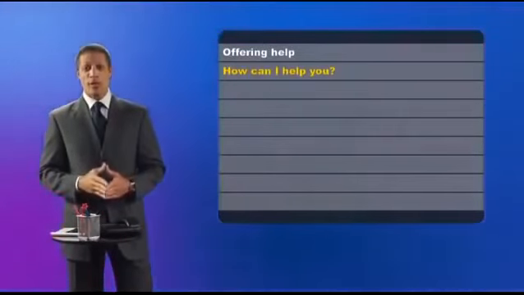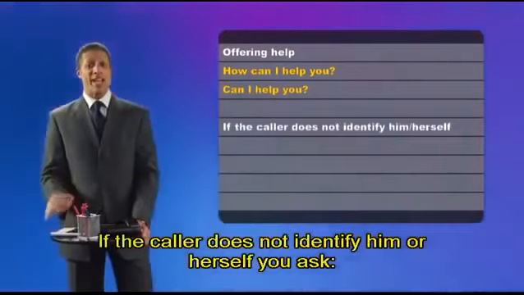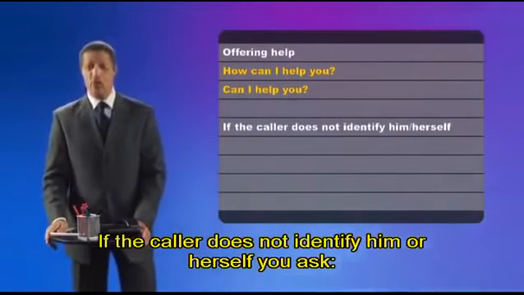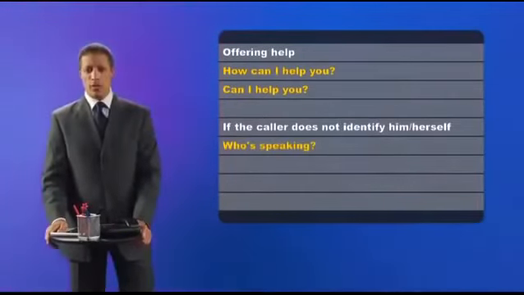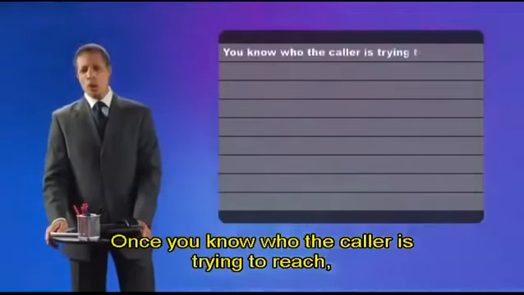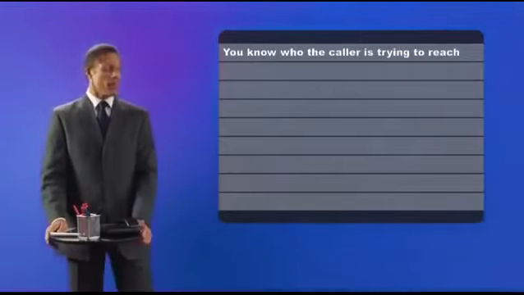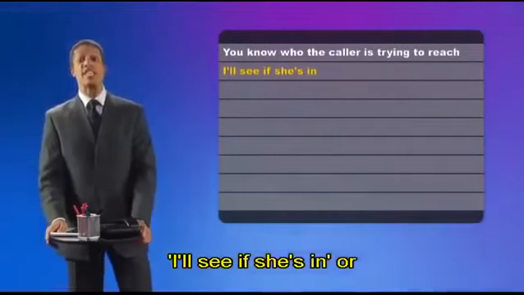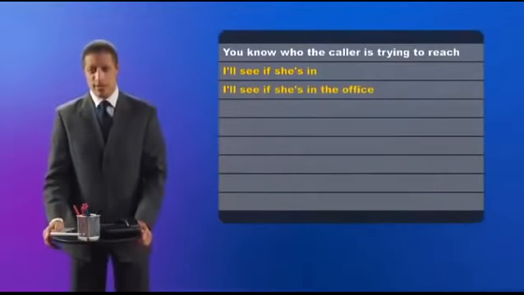Or can I help you? If the caller does not identify him or herself, you ask, who's speaking? Or who's calling, please? Once you know who the caller is trying to reach, you can say, I'll see if she's in, or I'll see if she's in the office.